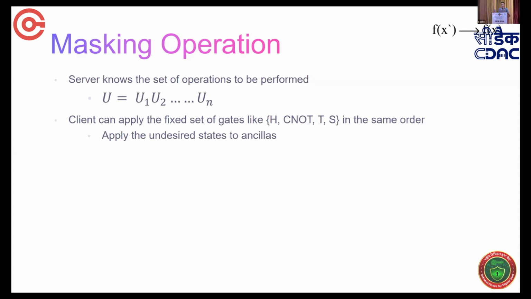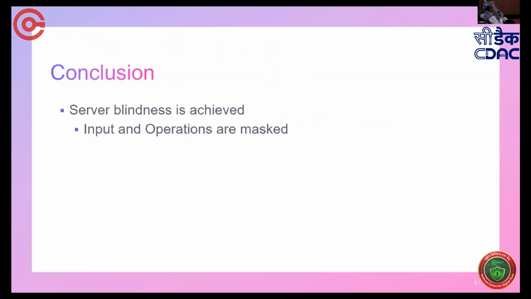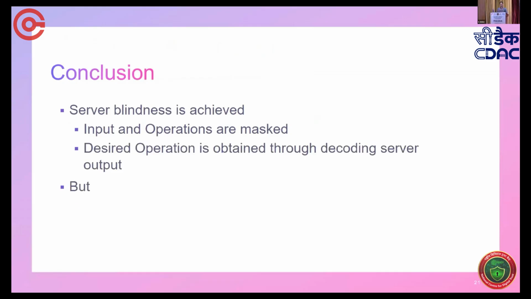My point was basically, if a server wants to break it, it can also try the multiple combinations. Is it possible? It can try to do an attack on it. So as of now, we only discussed the server blindness. Now, the second part is that there may be a possibility that the server is not doing what I said. So how do I maintain my data integrity, or if it tampers the data? That part is a separate research problem.